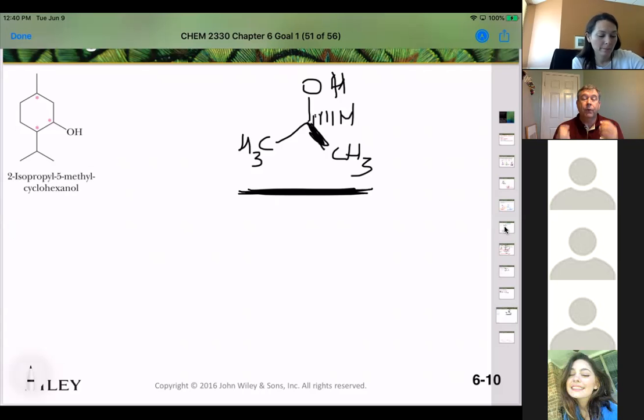So, first thing you do is count to make sure all the different groups are different. Now that they are all different, assign priority. Once you've assigned priority, you then figure out whether it's clockwise or counterclockwise. I can't stress that enough. Double check to make sure that your chiral center is chiral. Now, looking at this compound here, let's double check that all 3 of those stars have 4 different things bonded